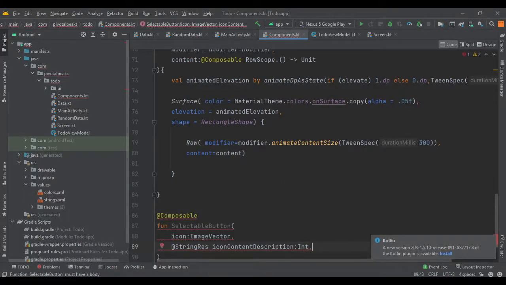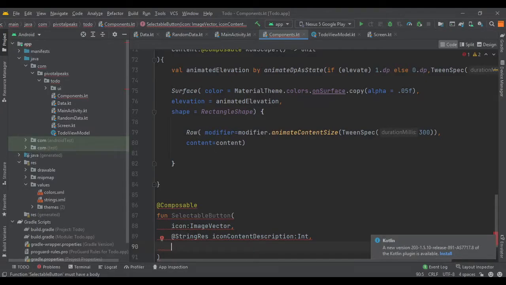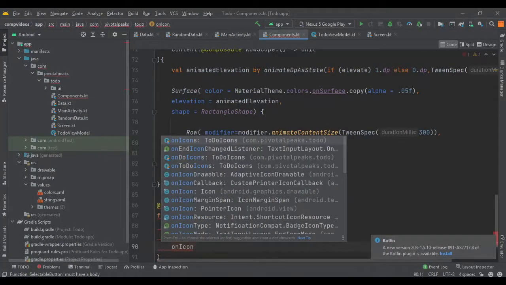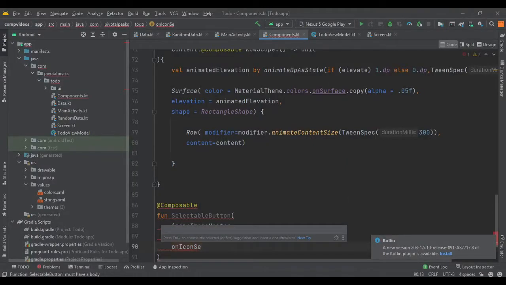Third parameter is going to be a function for item selection, so let's call it onIconSelected, and we are going to pass it as an empty function for now. Later we will define the function accordingly.